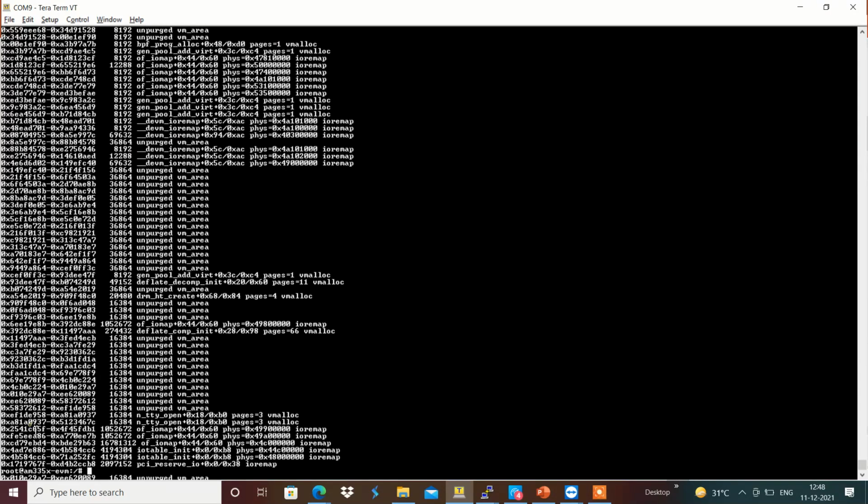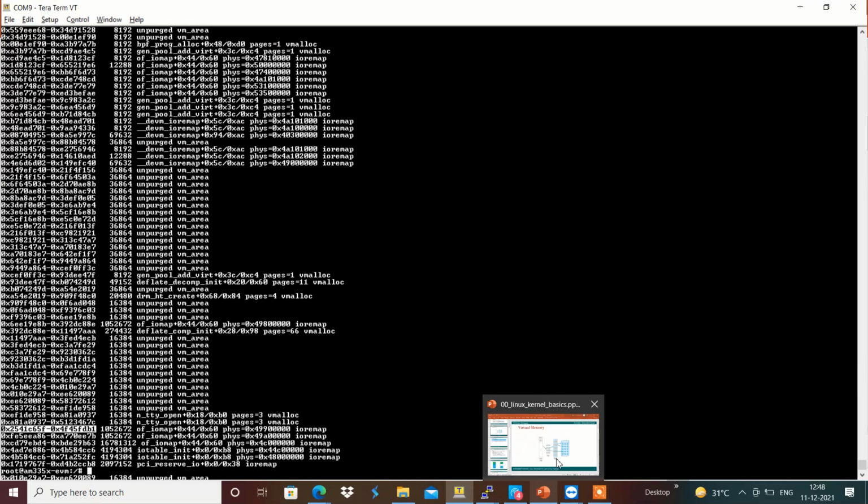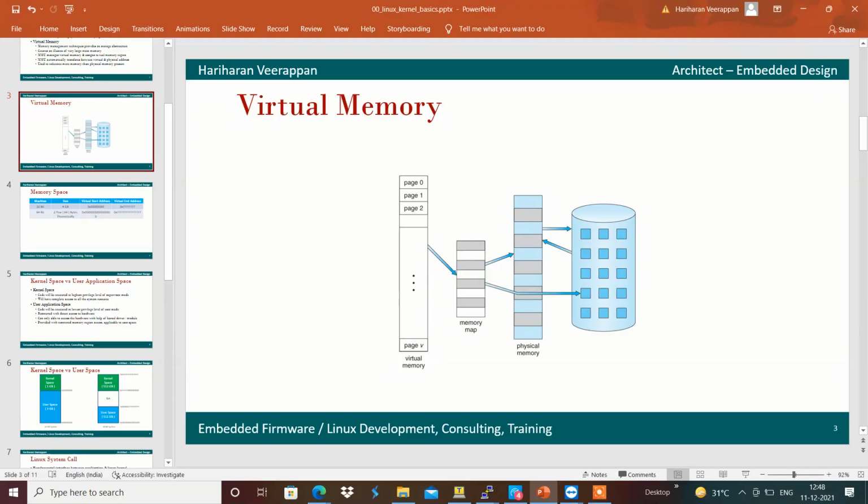For example, if it tries to access this location, the respective mapping to the main memory will be present in the MMU, so that it gets the data from there. Okay.